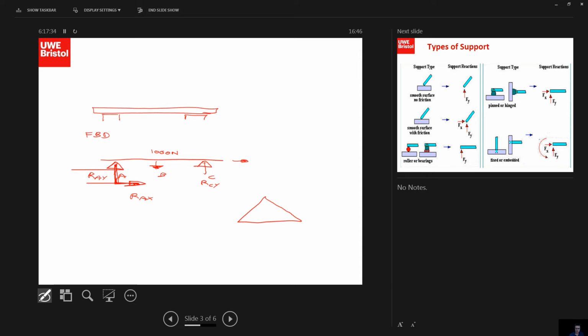So if I wanted to model a roof there, I would again have to fix a particular corner, and I could have reactions going from the corner. I could call this point A, so that would be RAX, RAY,